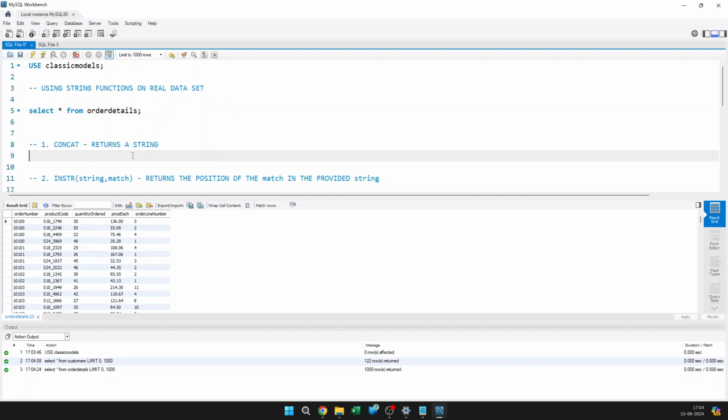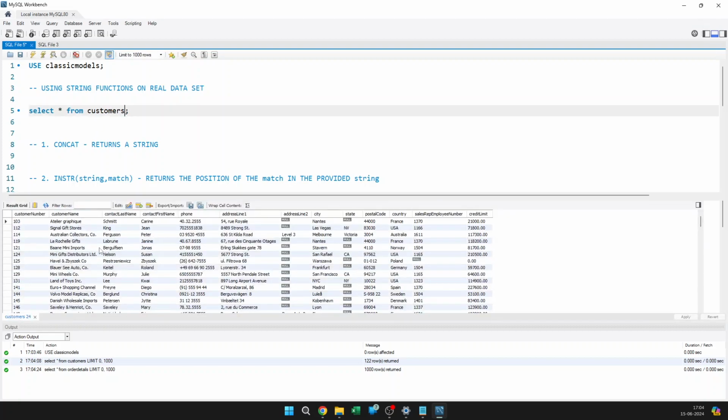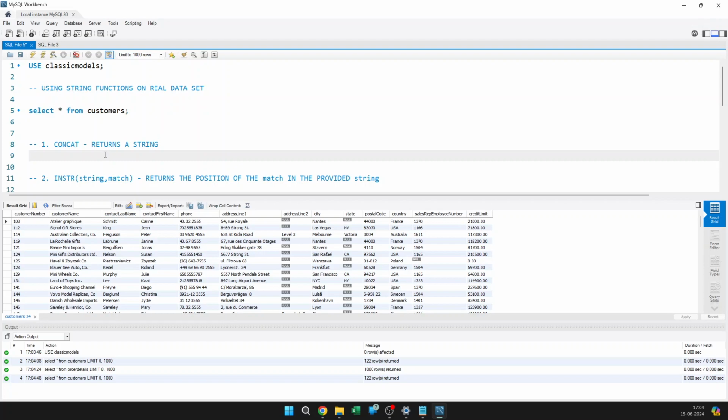Okay, so first we are going to use the concatenate string function. We are going to use it on our customers table. So let's select everything from customers to see what we are going to do. We are going to concatenate contact first name and contact last name with a space in between. Okay, so let's do that. Select